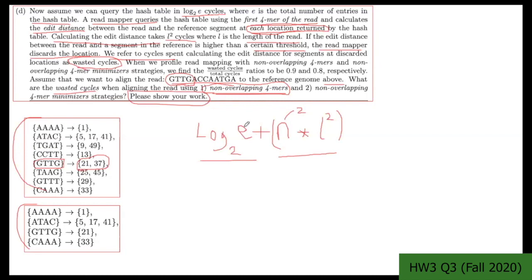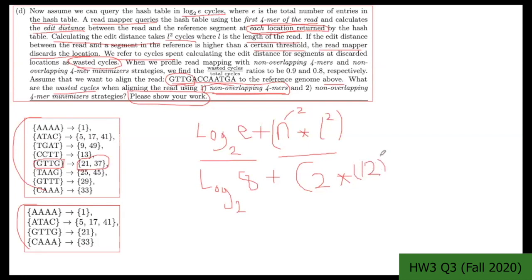and E here is the number of entries in the hash table, which is 1, 2, 3, 4, 5, 6, 7, 8. So we have log base 2 of 8 plus 2 times L square, and L is the length of the read sequence. So what is L here? 1, 2, 3, 4, 5, 6, 7, 8, 9, 10, 11, 12. So it's 12